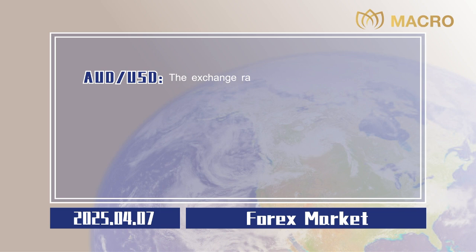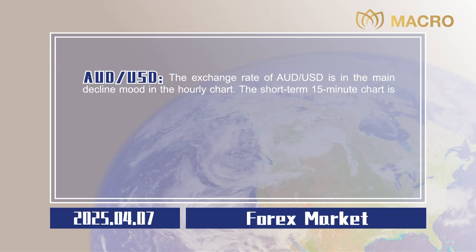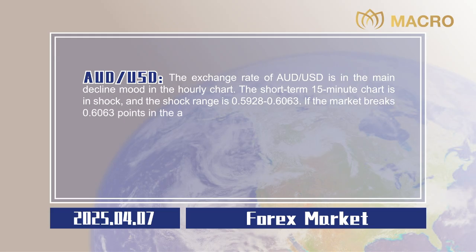Australian dollar to US dollar. The exchange rate of Australian dollar to US dollar is in the main decline mood in the hourly chart. The short-term 15-minute chart is in shock, and the shock range is 0.5928 to 0.6063. If the market breaks 0.6063 points in the afternoon, you can intervene in multiple orders, and the upper target can be seen at